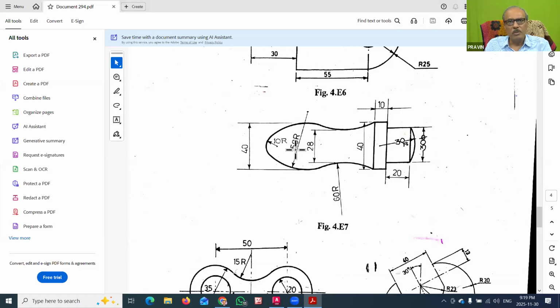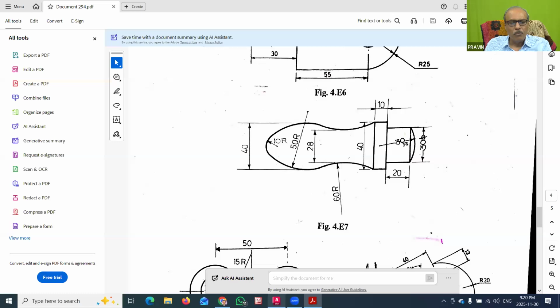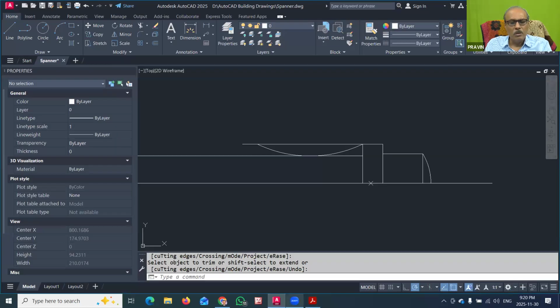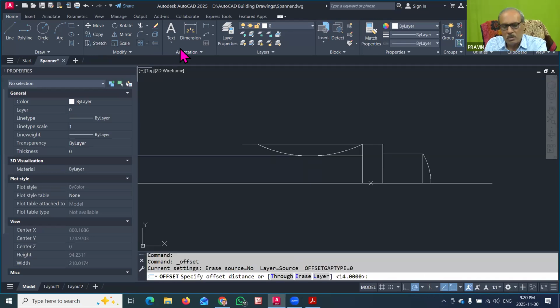So for that purpose, you can just see that it is on the other side. So what we have to do, we have to draw the offset line parallel to the other dimension, and then we can draw. So I will offset the distance by 50. So it is going here. So from here I will take this bottom line,